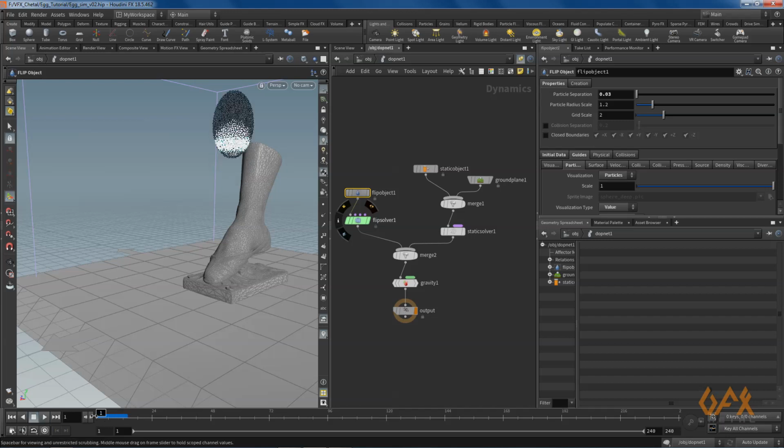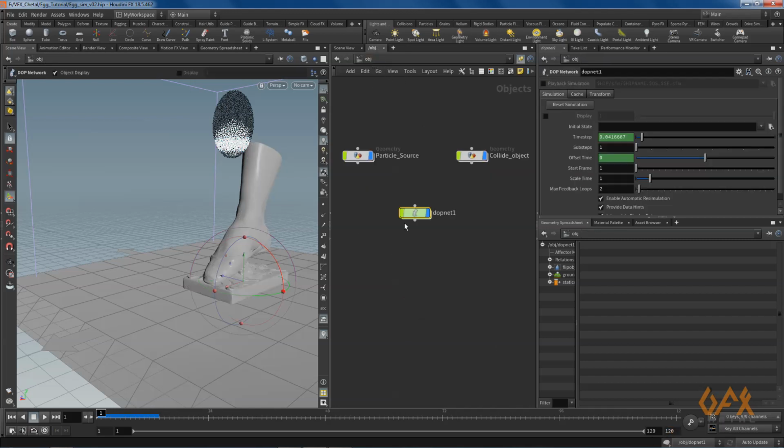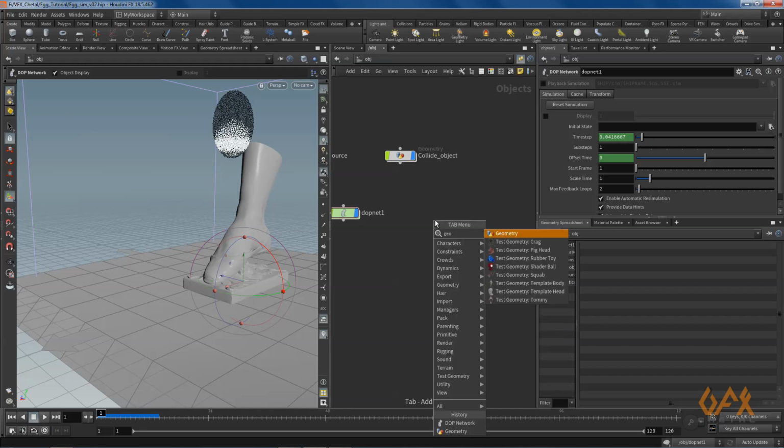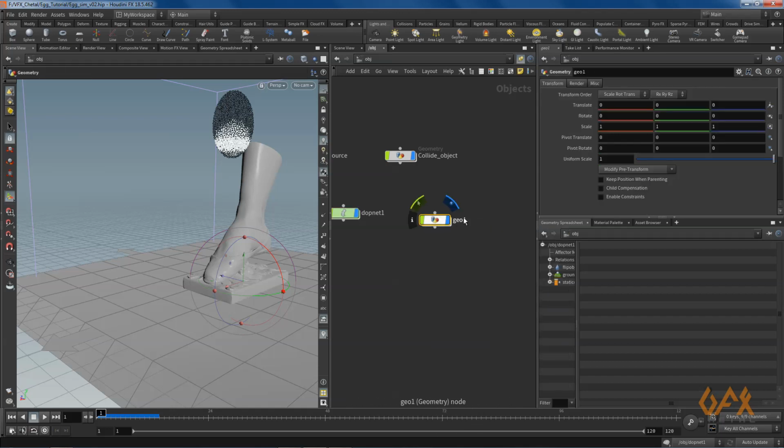Now what I prefer is that I just set my range to 120 frames, as well as go to object mode. Over here I create one more geometry container, that is for my fluid geo.